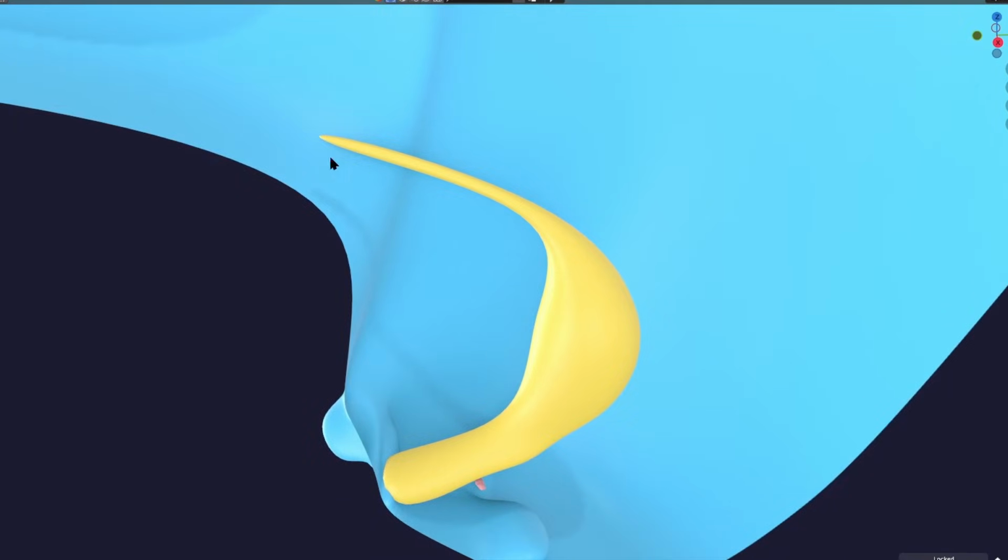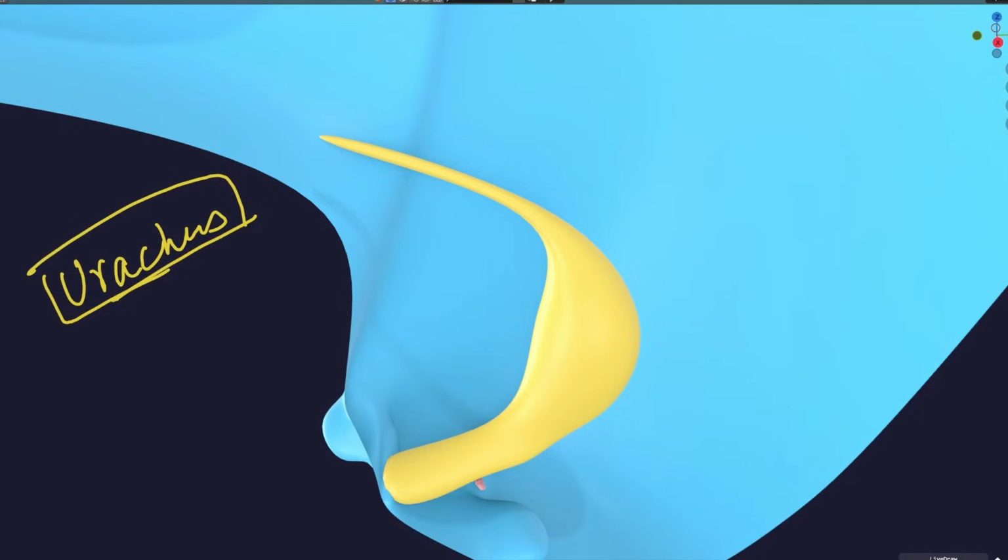So this tube-like connection which is going into this connecting stalk, and by the way, the connecting stalk has now formed the umbilical cord, this tube-like connection is called urachus. Let's write it here. It is called urachus. Later, this urachus will be lost and it will become a solid